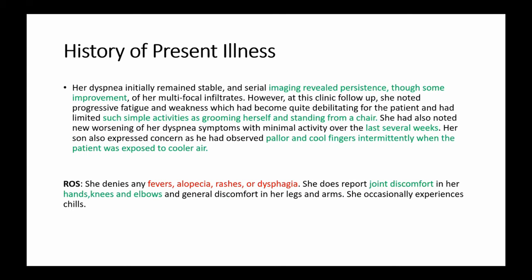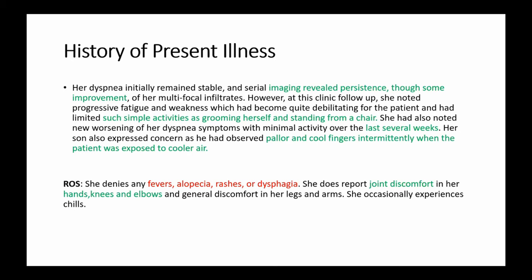Next, you can see her dyspnea has remained stable, and her imaging has kind of mixed findings. So one side of her imaging shows improvement. Other parts of her imaging are basically stable. So my thought, if she has a worsening pneumonia or an infection or a new malignancy, you would think that would kind of show worsening signs on her imaging, especially without treatment over the last 9 months. And we're not seeing that here.